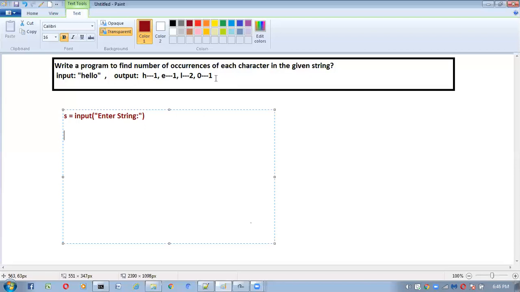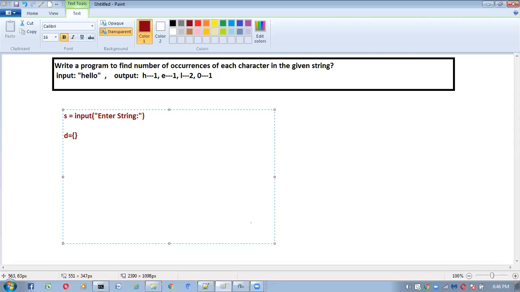In Python, we have the dictionary. By using dict, we can represent the data in the form of key value pairs. Here I'm going to take one empty dictionary first. d is equal to, like this, an empty dictionary.